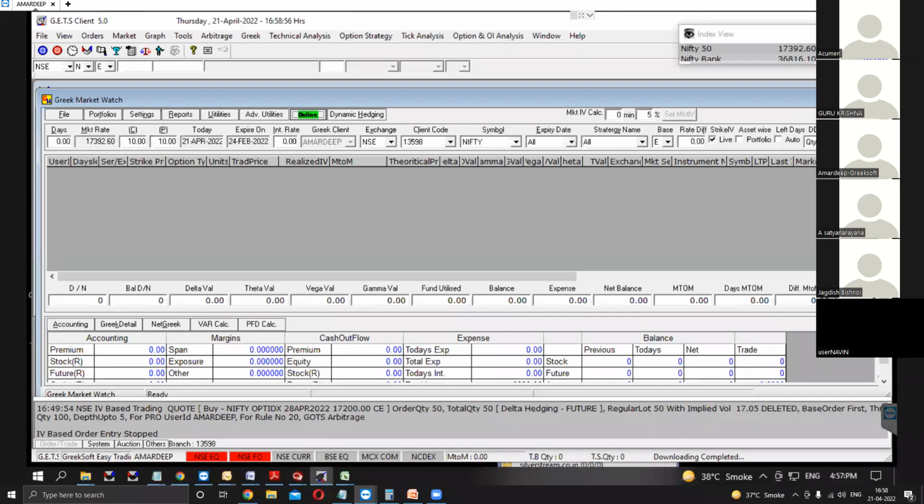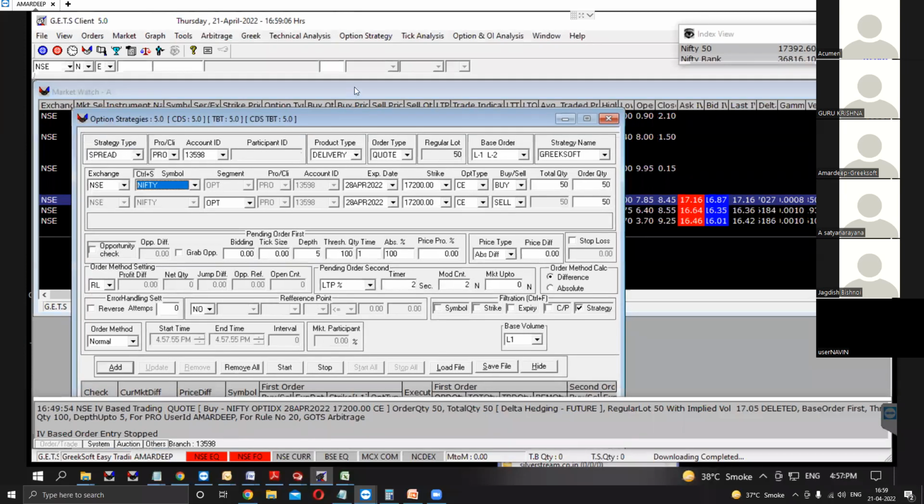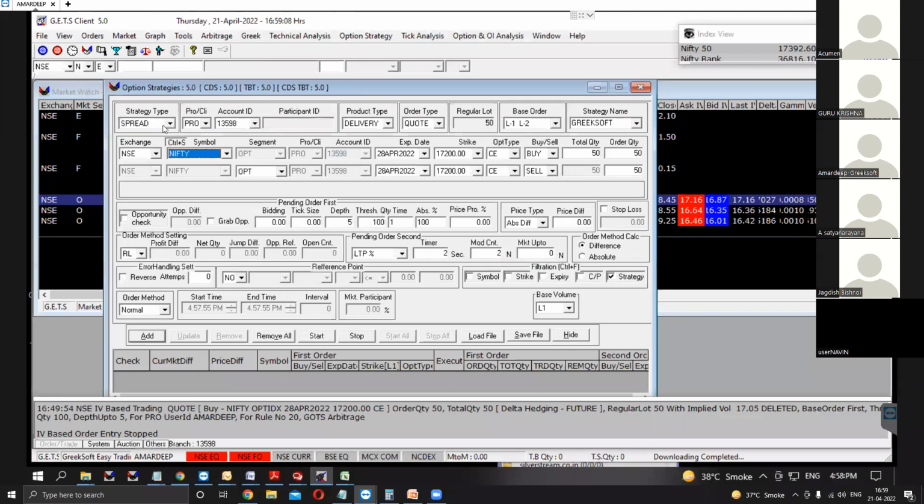So we'll start with the new strategies again. What is new that we have in our option screen now? One is our Alt Z. In our Alt Z, as we mentioned, we were able to do any kind of 2-leg, 3-leg combination, spreads, triangles, and butterflies. But say, for example, if I want,